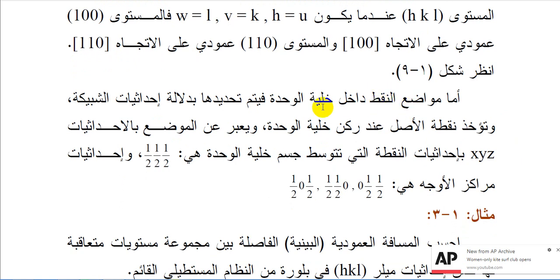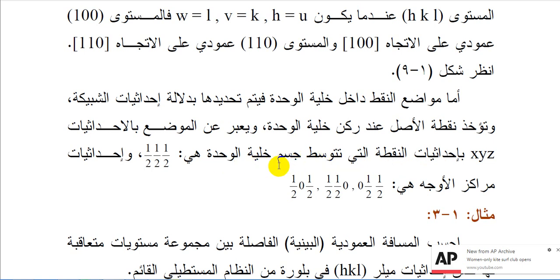The point locations in unit cells are determined in terms of the lattice constants or lattice coordinates. The point of origin will be taken at each corner of the unit cell, and the location of the points will be expressed by the XYZ coordinates, denoted as the point coordinates, for the point that is centered in the fabric of the unit cell.